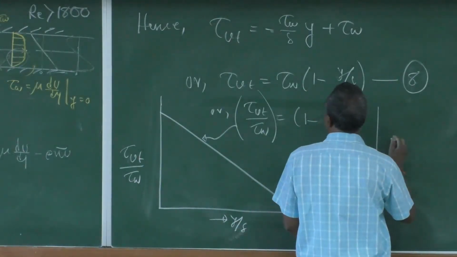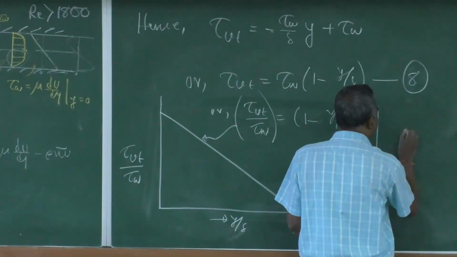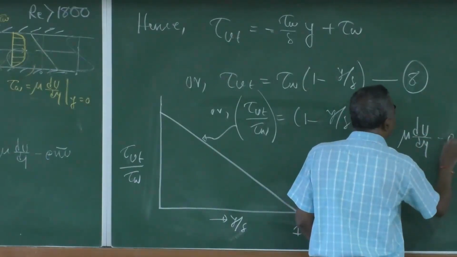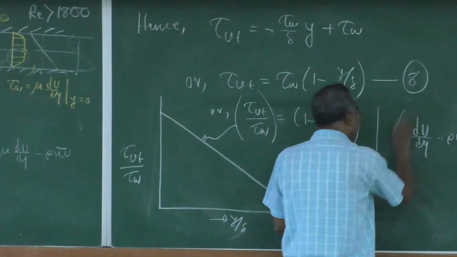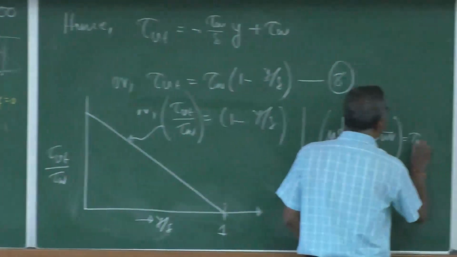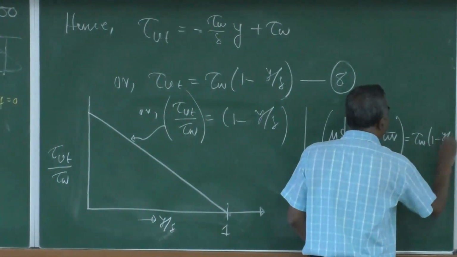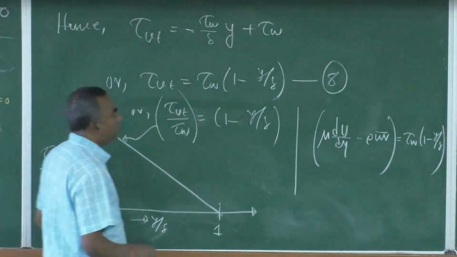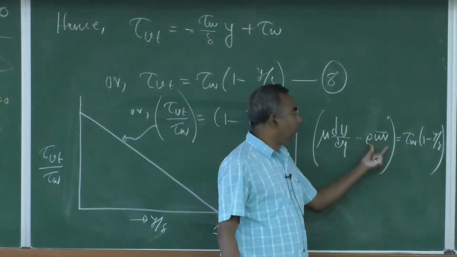If you see the left hand side of equation 8, what is that term? It is mu du/dy minus rho u'v' bar, that is the left hand side, equals tau_w (1 minus y by delta), right. So, at y equal to 0,